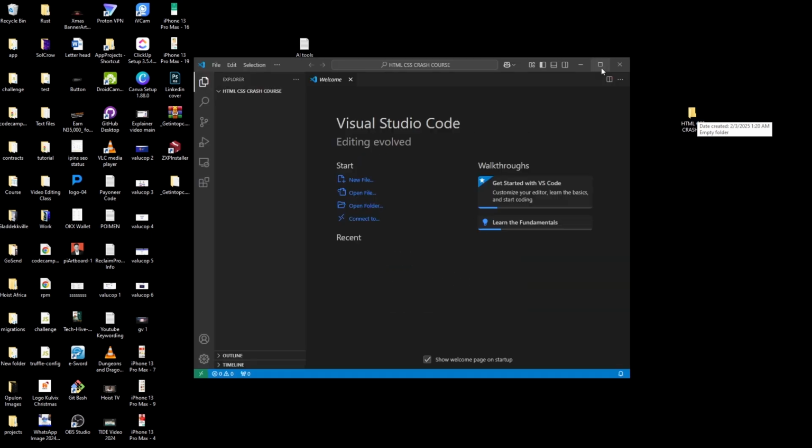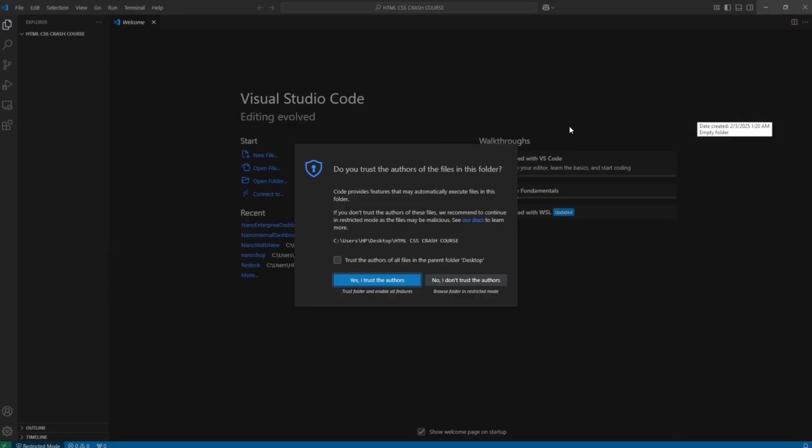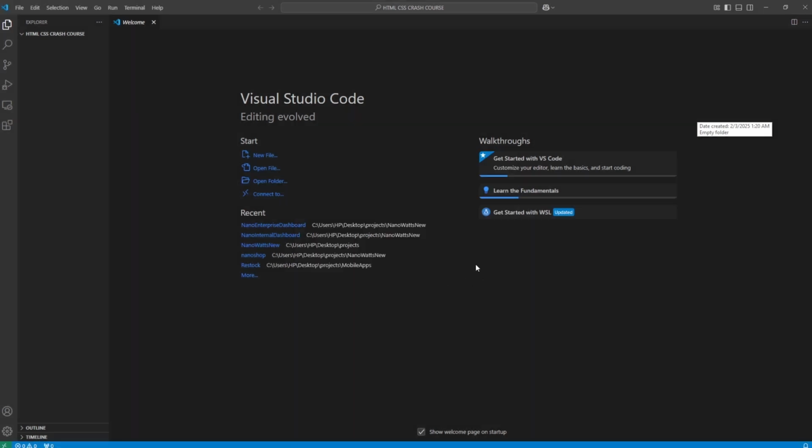and the folder will now be here. I can maximize, and I don't need to get back into the folder for now. I'm just going to trust the author, say yes, I trust the author, right? So I'm just going to create a new file here to start with. So I'll click on new, right? That's this icon here for new file, and type in the name of the file. So I'm going to call it